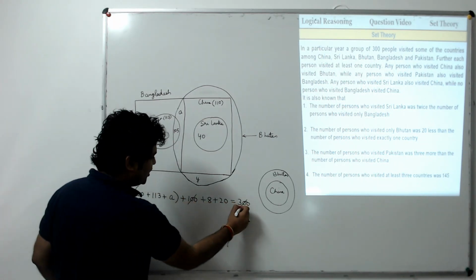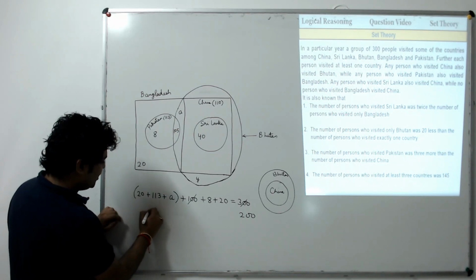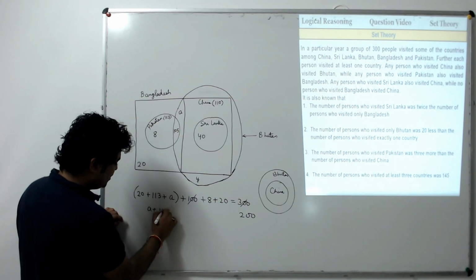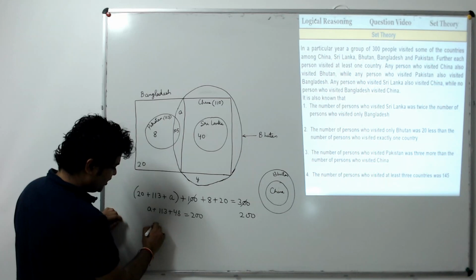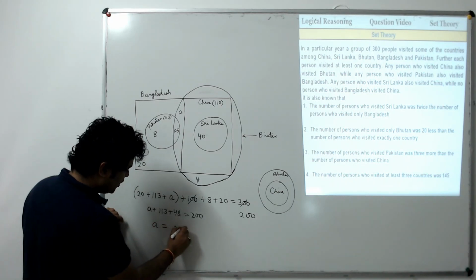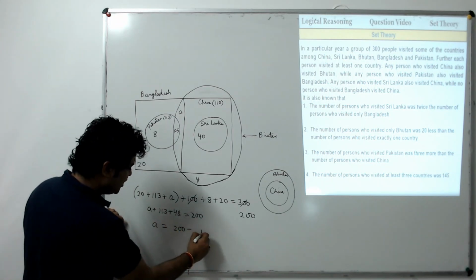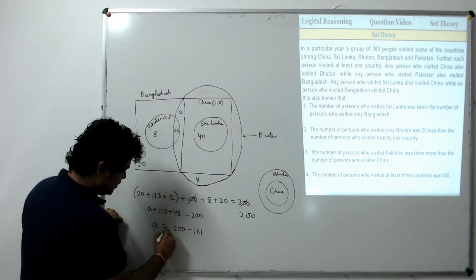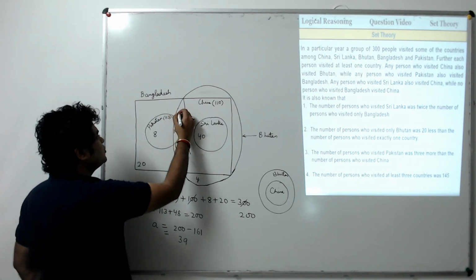Let's solve this thing. So 100 and 300 cancels out, we get 200. Now we have A plus 20 plus 20, 40, plus 8, 48. That is 113 plus 48 plus A equals 200. That gives us A equals 200 minus 113 plus 48, that is 8 plus 3, 11. 1 goes as carry. 4 plus 2, 6 and 1. That gives us 10 minus 1, 9, and 9 minus 6, 3. So A equals 39,